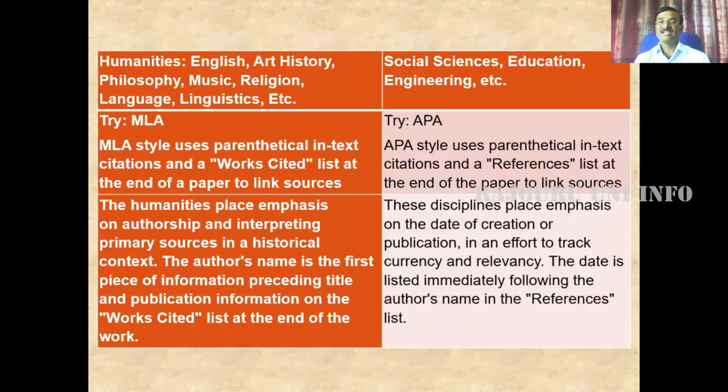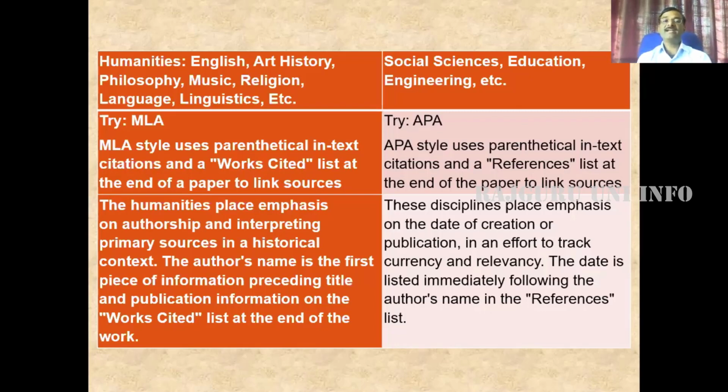And we can take the field of humanities, which includes English, art history, philosophy, music, religion, language, linguistics, and many more. We can cite with MLA because it uses parenthetical in-text citations and a works cited list at the end of the paper to link the sources.